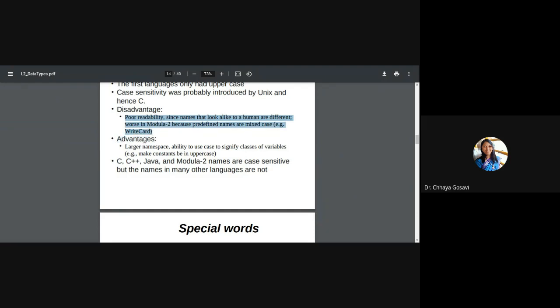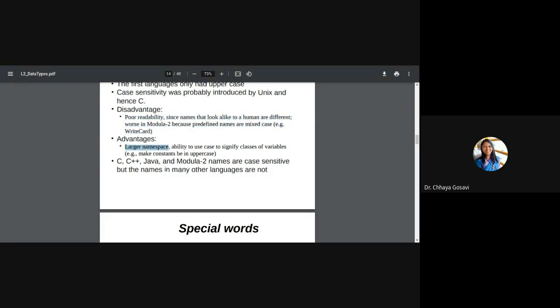When your language is case sensitive, that means you are using different cases for recognizing different names. The spelling is the same, but if you change the case, you can use that name. So it provides advantages: a larger namespace.